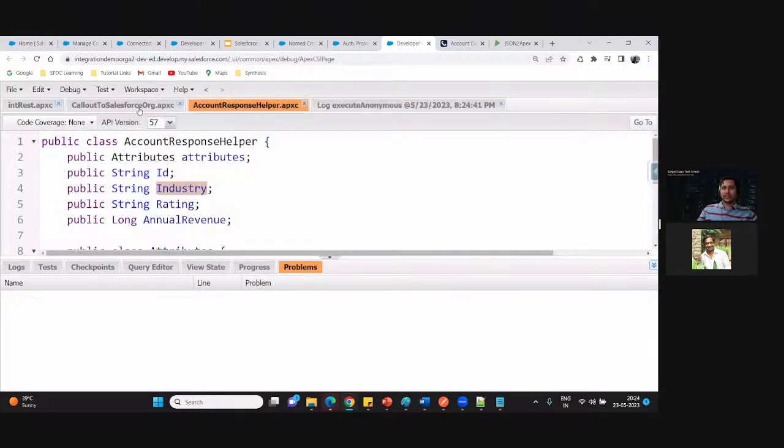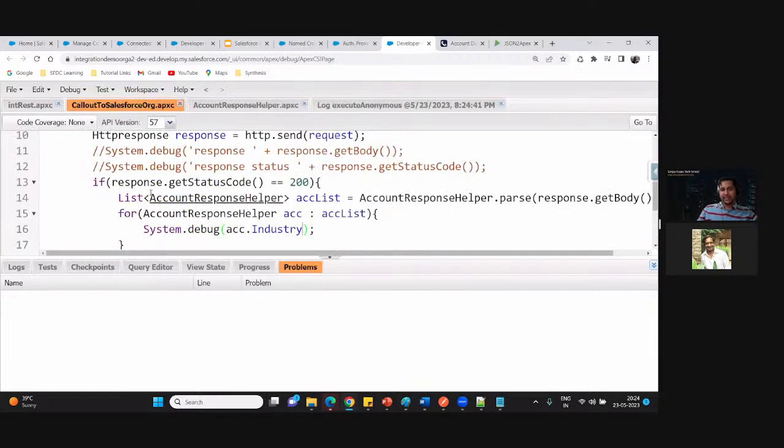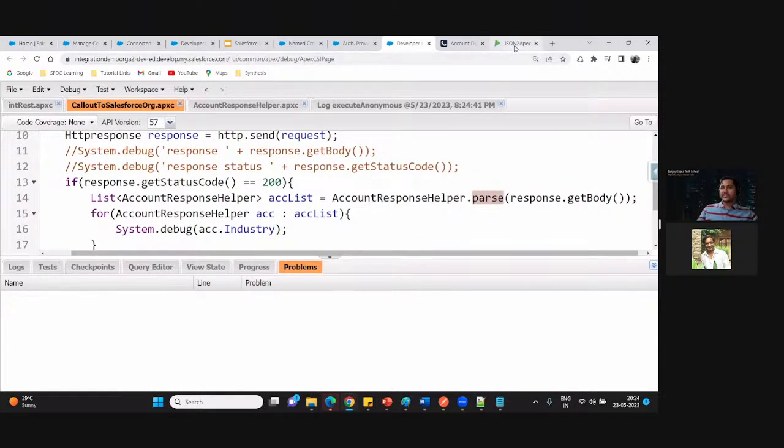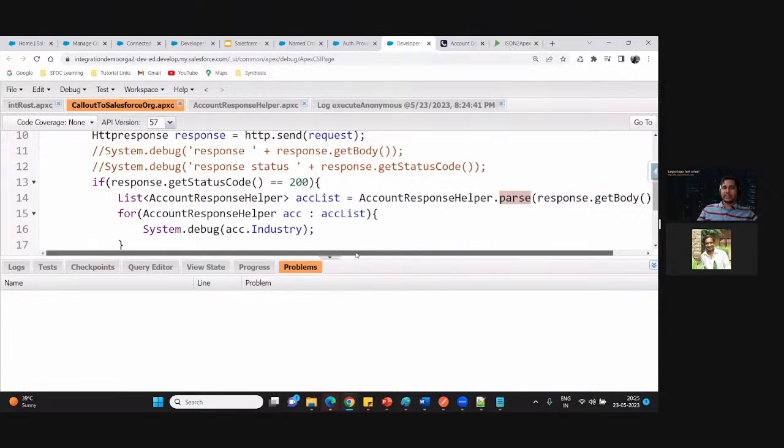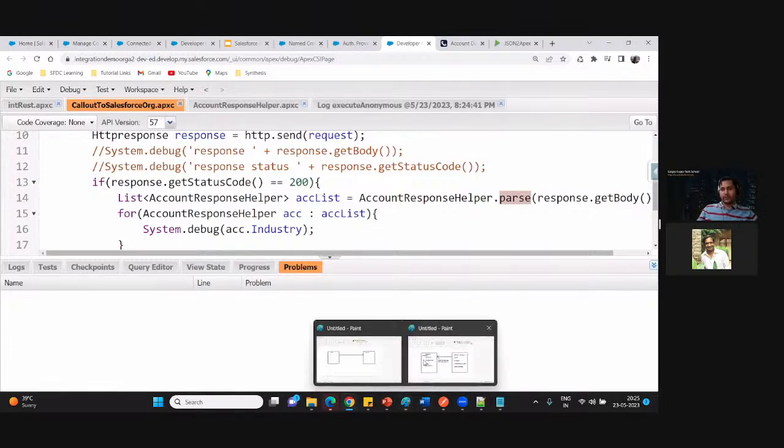I have shown you both the ways that people use in the industry. Few people are comfortable with this type of parsing. So you can also parse in this way by using the JSON to Apex utility provided by Salesforce, which is hosted on Heroku. And another way is you can also use the classes provided by Salesforce like the JSON.deserializeUntyped class. In this way, you can make the connection between the two different orgs.